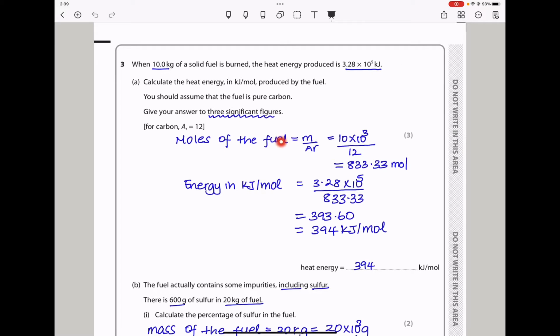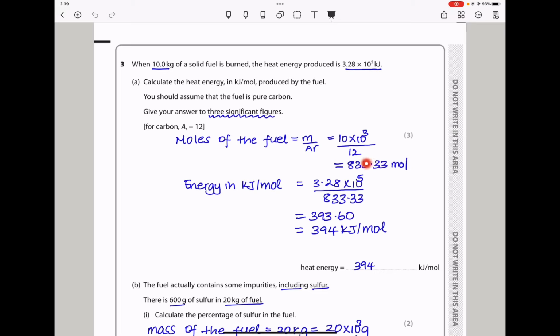So moles of the fuel are going to be mass divided by the atomic mass, but this mass is in kilograms, so I have to convert it to grams. That is why I multiplied by 1,000 to convert the 10 kilograms into 10,000 grams. So the 10,000 grams, which is the mass, divided by the atomic mass, which is 12, gave me this as